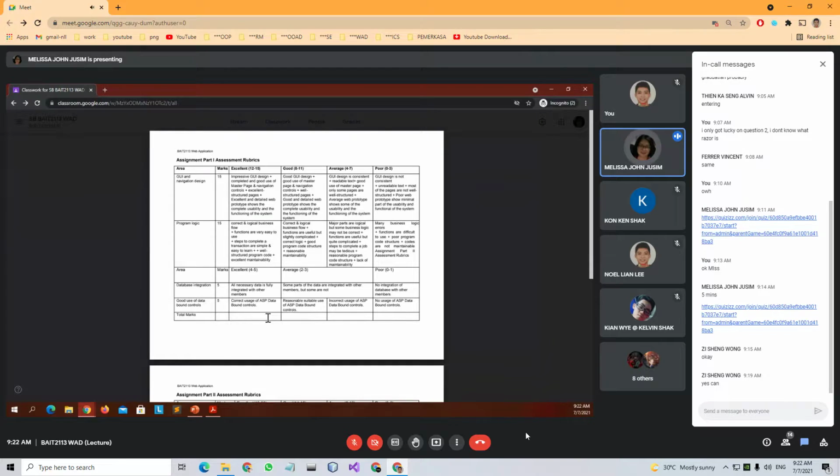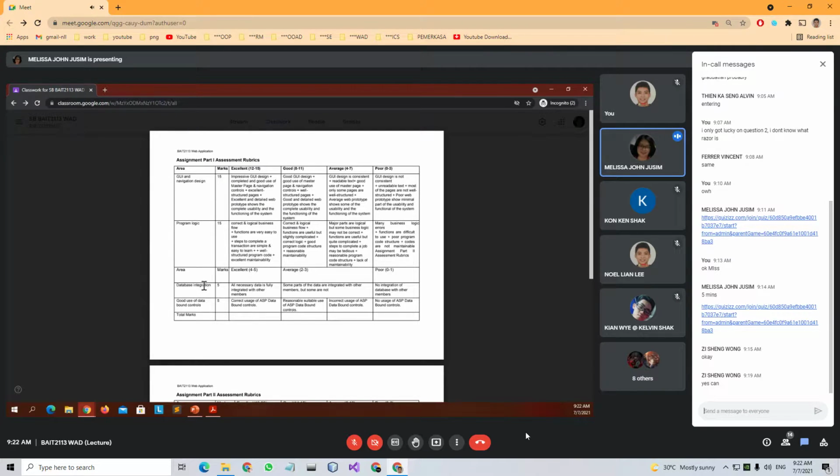So if you look at the assessment rubrics for the first part of your assignment, database integration is included. Then the controls, good use of the controls. Bound control means we need to bind your server controls to your database table.